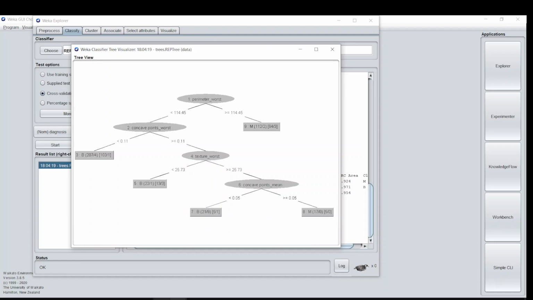Interpreting these values can be a bit intimidating, but it's actually pretty easy once you get used to it. The values on the lines joining the nodes, that are these values, represent the splitting criteria based on the values in the parent node feature. This is the parent node and these are the child nodes and so on.